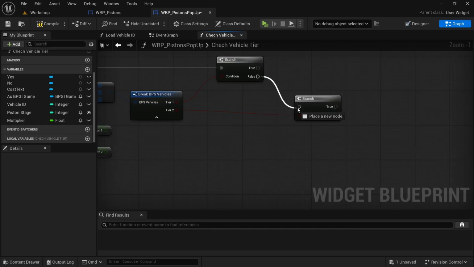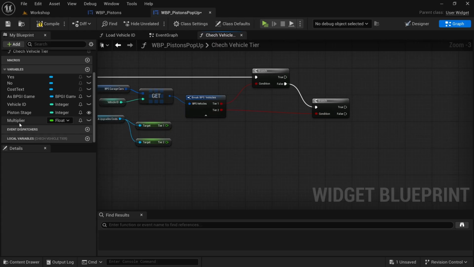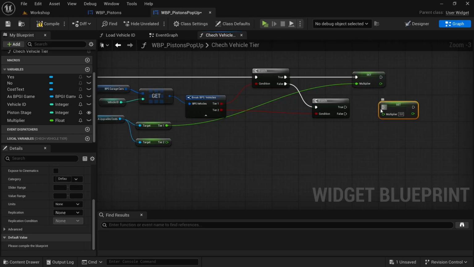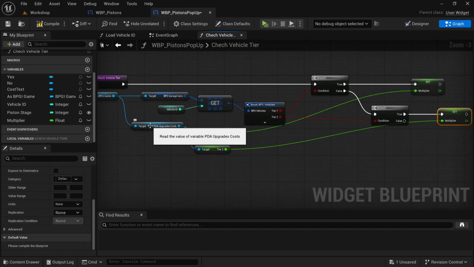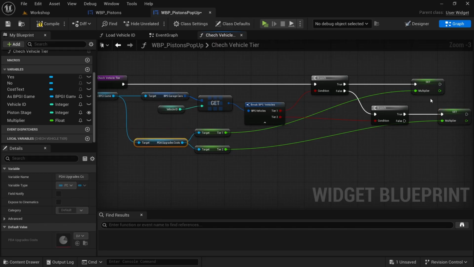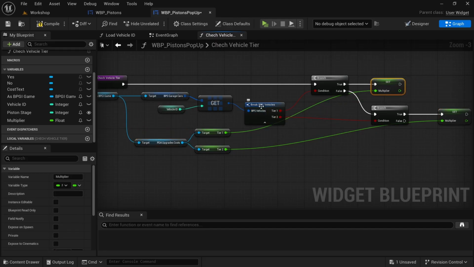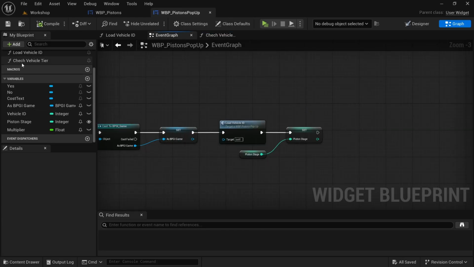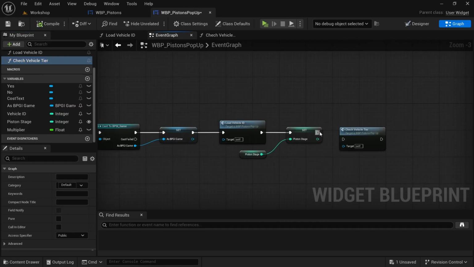from the first branch to the second branch, and then we are going to drag in the multiplier. So hold Alt, drag it in, and then set it. So then if it's a tier 1 car, we're going to take from tier 1, set the multiplier. And then if it's not a tier 1 but a tier 2 car, we're going to take the multiplier, Control D, connect that to the true, and then from tier 2, we're going to connect that to the multiplier. And then that is how we are going to change the cost of the component based on the tier of the car. Compile,